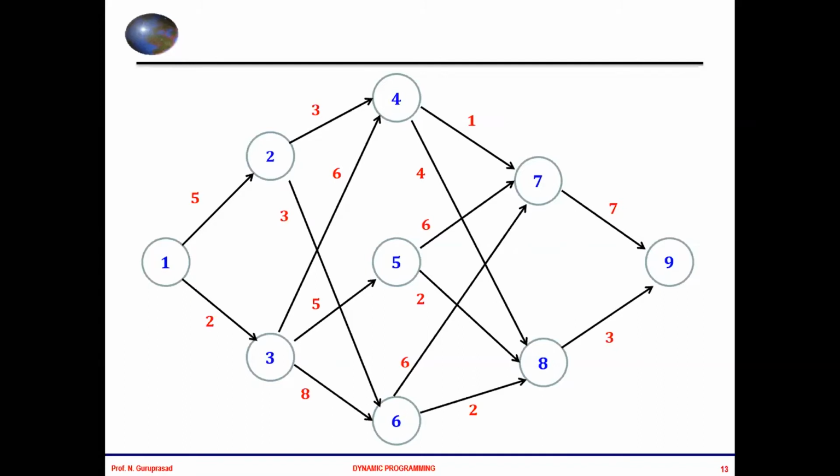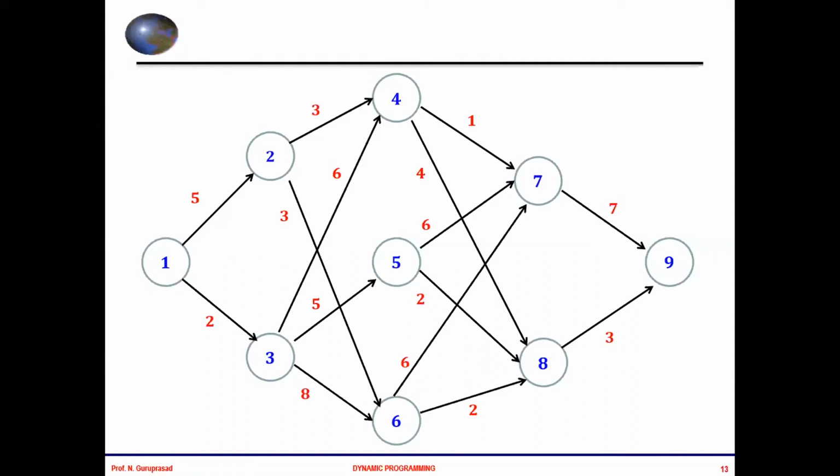Similarly, can you tell me in stage 3, which are all the vertices that will come? If you have understood my first 2 stages, in stage 3, which vertices will come? Exactly, you are all right. It is vertices 4, 5, 6. Okay, then stage 4, correct, 7 and 8. Stage 4 is 7 and 8. And 9 comes in which stage? Vertex 9 comes in which stage? Exactly, it comes in stage 5. Okay, so the graph that I have given you is a multi-stage graph which has 5 stages.